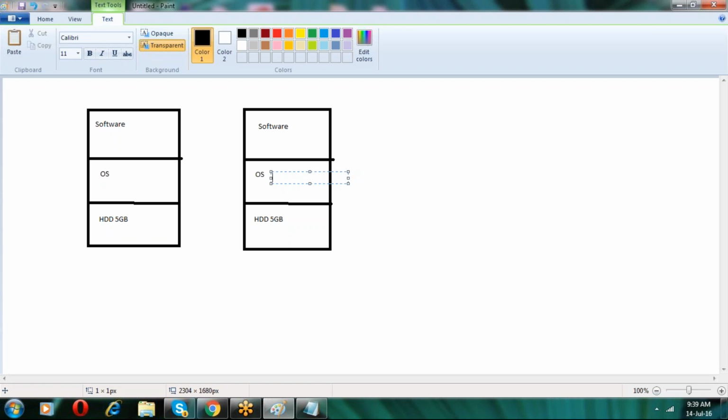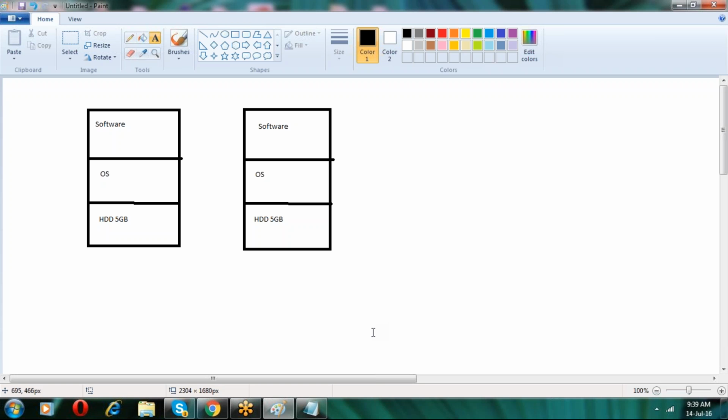The other concept is cloud computing. What is cloud computing? If you see our first diagram, we didn't separate the application software. Cloud computing goes one more level and separates the application also. Virtualization separates the OS from your hardware, and cloud computing separates your application from the hardware as well as the OS.